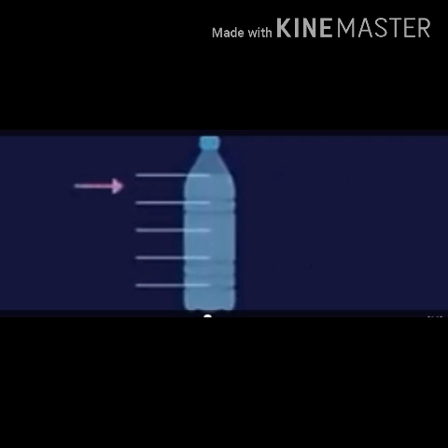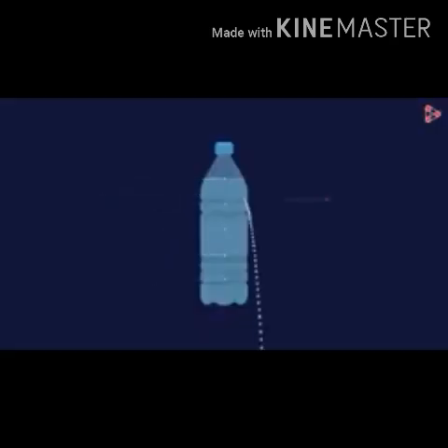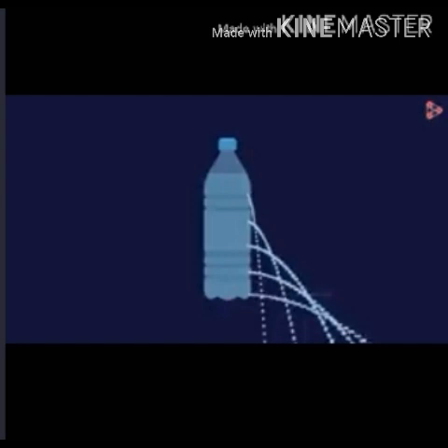Try this activity. Take a plastic bottle, pierce it with a thick needle at the points as shown in the figure. Fill water in the bottle up to full height. As shown in the figure, water jets will be seen emerging and projecting out. The water jet emerging from the hole at the top will fall closest to the bottle. The jet from the lowest hole falls furthest from the bottle. Also, jets coming out from the two holes at the same level fall at the same distance from the bottle.